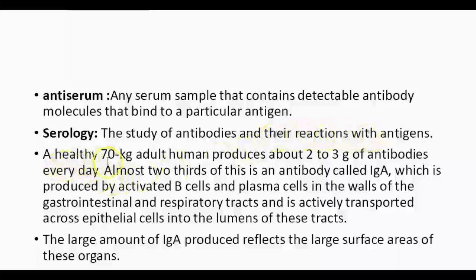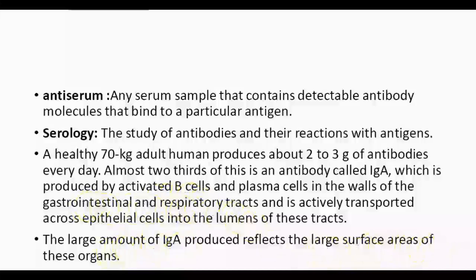Here we want to note that a healthy 70 kg adult human produces about 2 to 3 grams of antibodies every day. Almost two-thirds of this is an antibody called IgA, which is produced by activated B cells and plasma cells in the wall of the gastrointestinal and respiratory tract. Because IgA is produced in these organs, there is a huge amount of it, since the gastrointestinal and respiratory tract have